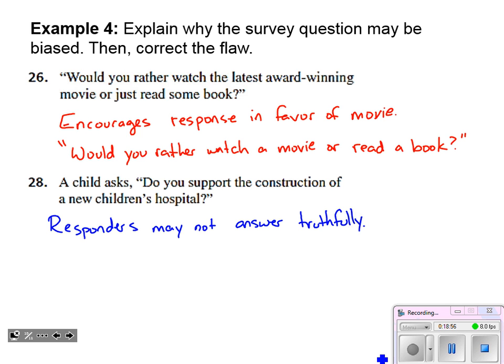So how do we correct the flaw? Survey in a more anonymous way. So maybe the people that we're choosing to take this survey, we just have them fill out a sheet of paper or something like that, not a child or a doctor, or something that may sway the survey taker's answer. Kind of neat, things you don't think of when you read a headline or see a statistic or something like that. You don't think about all that happens behind it or what may not have happened.